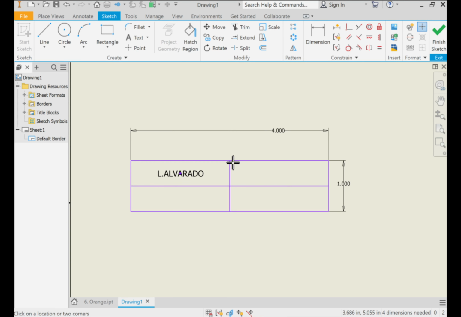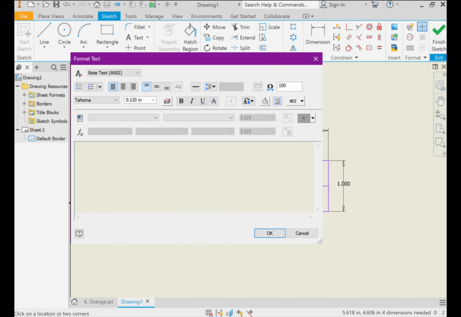Now I'm going to do the same thing over here for this next rectangle, and this is going to be date. So I'm going to type in date, colon, and then hit enter. And one of the things that we can do with Inventor, since it's a parametric modeling system, is that it can update as we go, and we can have it put in automatic text. So I want you guys to go ahead and click right here, and the pull down menu,